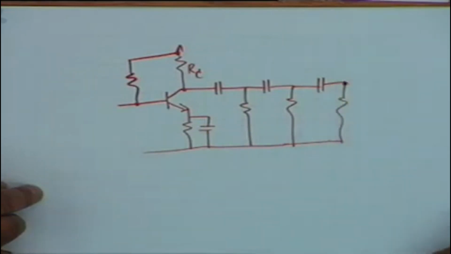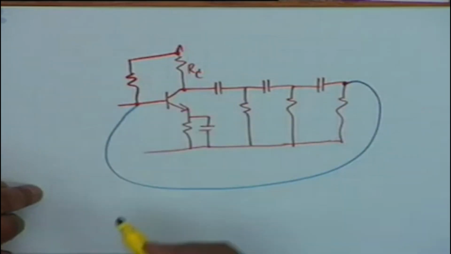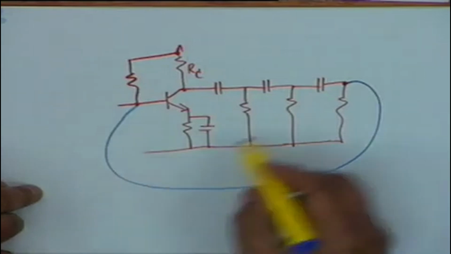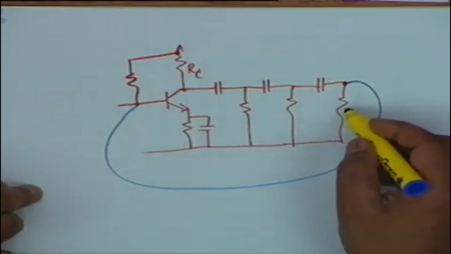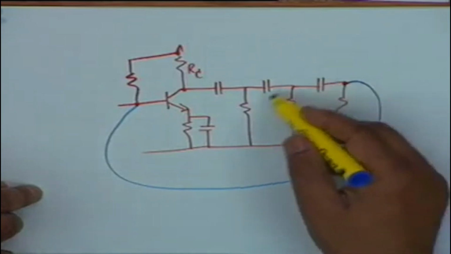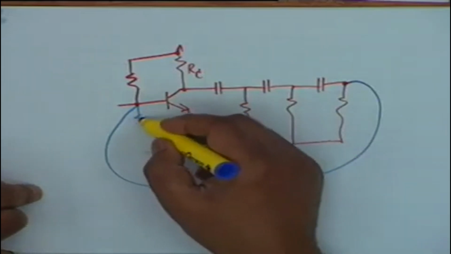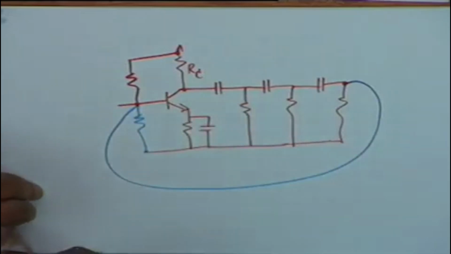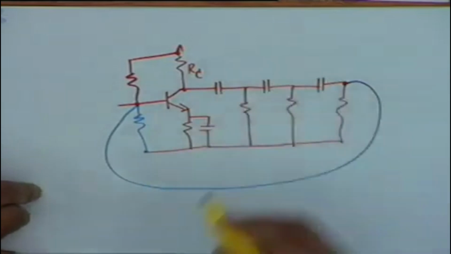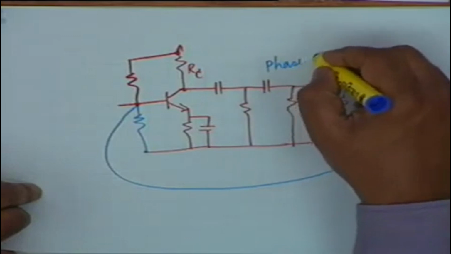Because you are going to bring this for feedback, you are going to bring this over here. So you don't need another resistor. This resistor could serve the purpose. If you want for a specified frequency, you might use another resistor, but this may not be needed. Anyway, I will show another resistor here. This is the actual circuit of a BJT, so called phase shift